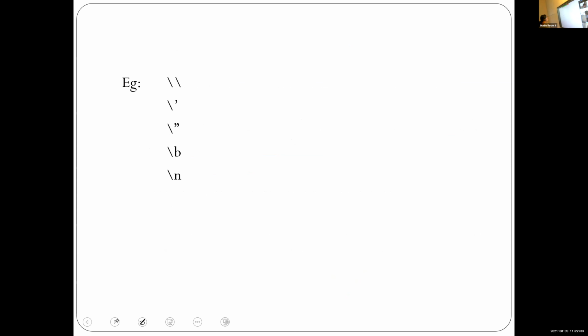If I want to write one statement like this, print within double quotes, I want to include a double quote between HEL and LO.